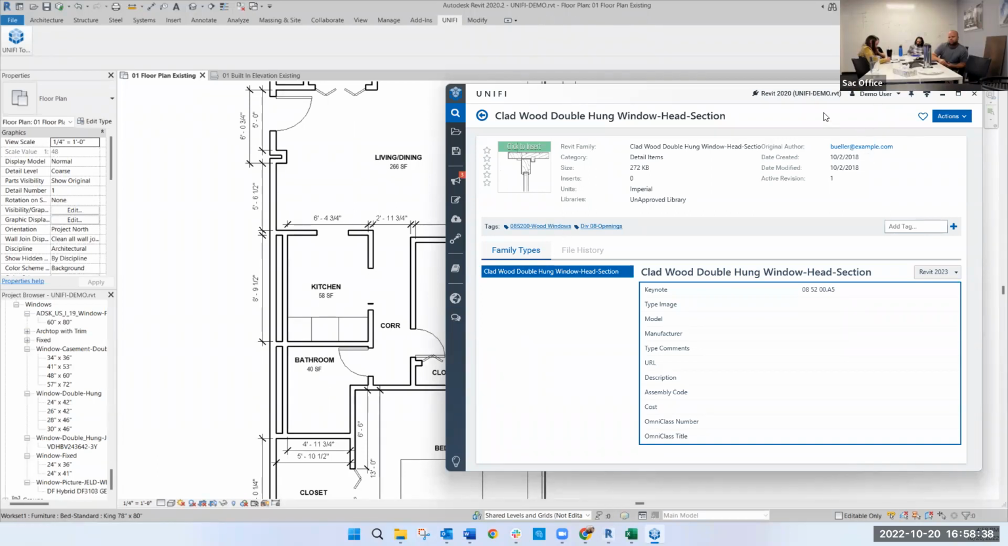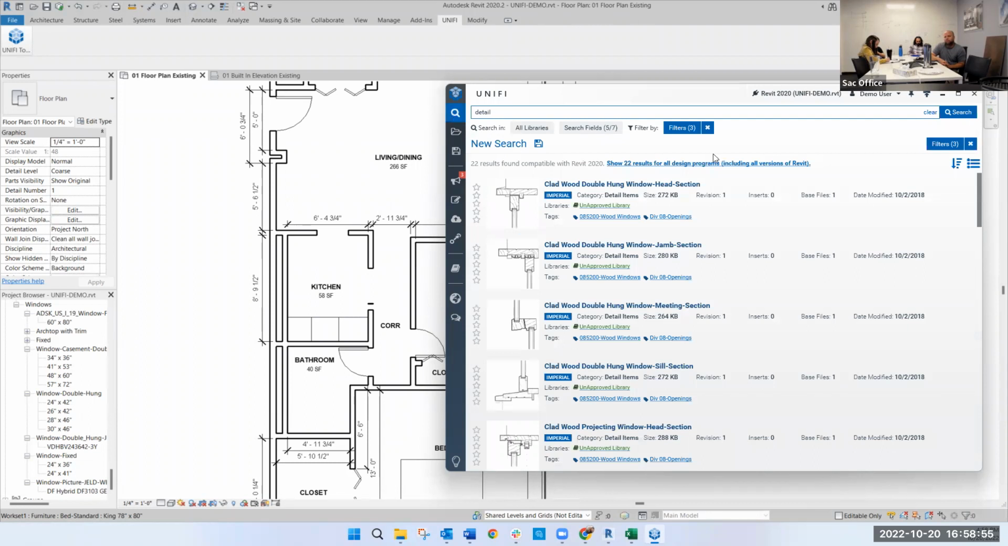Yeah, so in general, there's a lot that still has to be done on our end to get our library up to speed, and that has been the case for quite a while. But basically, the intent is that Unifi is going to replace the folder system on the server. So every time you go search for something, you're going to go to Unifi. You're not going to go to a folder